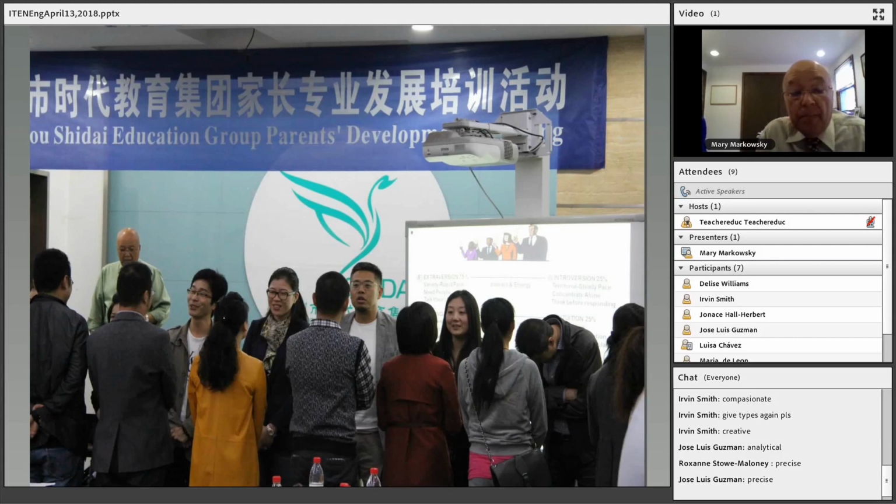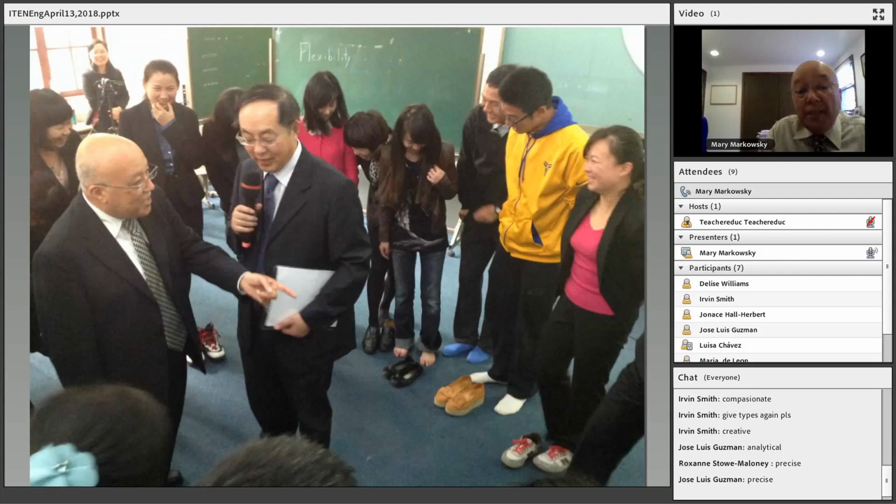So through this activity, they were learning about their predominant personality style, and how it impacts their learning style. And they were discussing whatever they knew about personality with each other, and they did it in their language. Of course, I didn't understand it, but Mr. Gao here, the professor who was my interpreter, he explained it to me.